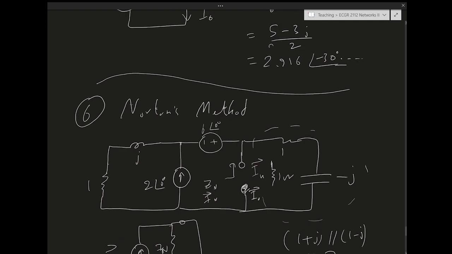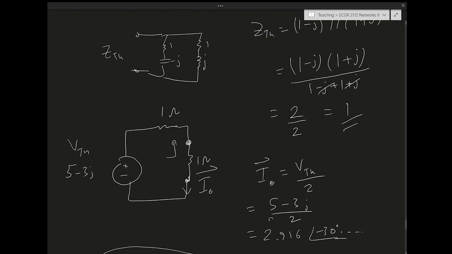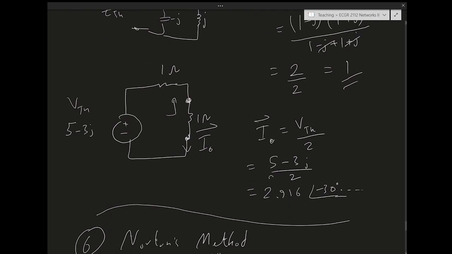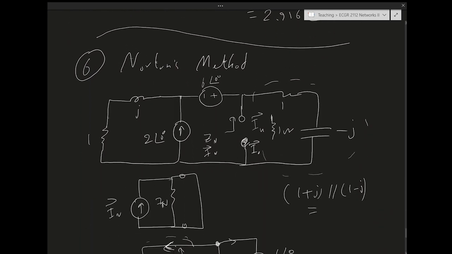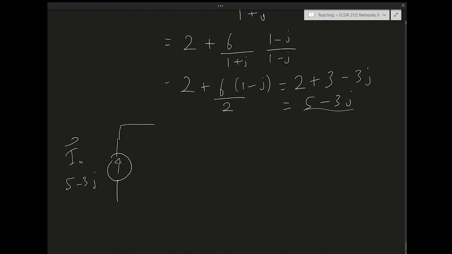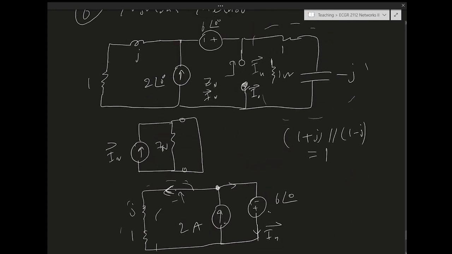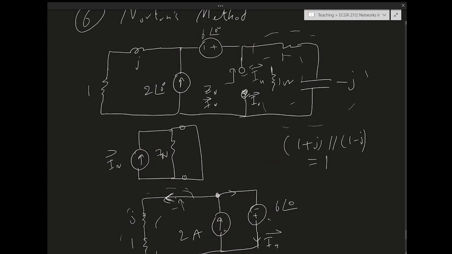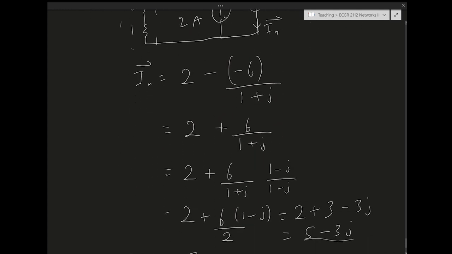This turns out to be equal, sorry, not 2. We've done it here. This turns out to be 1 ohm. So the Norton equivalent circuit is going to be this in parallel with 1 ohm. It's only real, so it's only resistive. And those are the two nodes here. So this is the equivalent circuit for everything here, except where we connect the 1 ohm here. So I have to connect the 1 ohm,